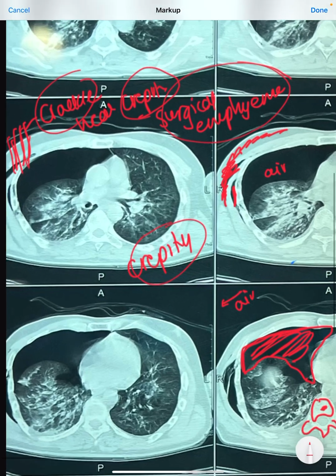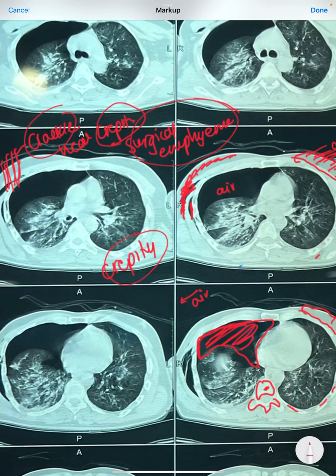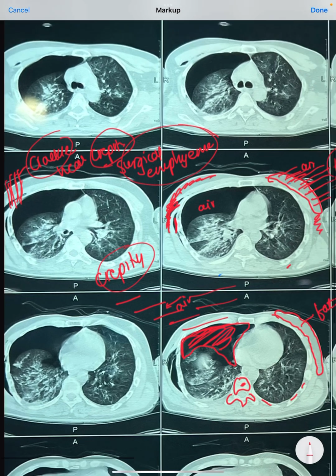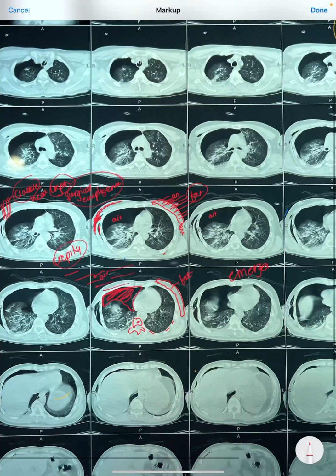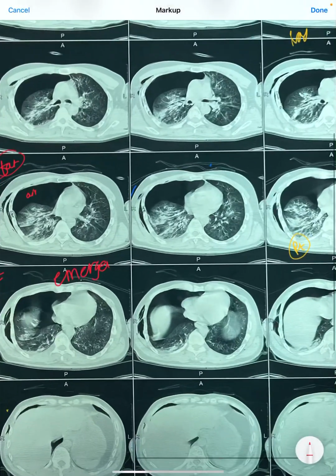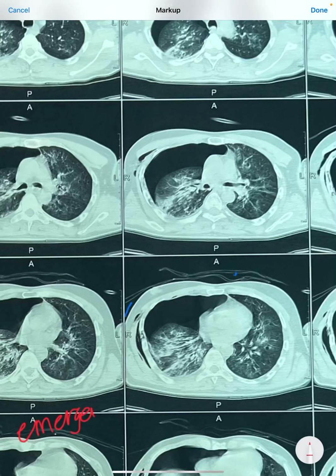So if the patient has tension pneumothorax, then definitely this surgical emphysema has to be relieved by giving multiple horizontal cuts, and we have to remove the air trapped inside the subcutaneous tissue, but that is applicable only in tension pneumothorax. If the patient does not have tension pneumothorax, it can be managed completely conservatively. So this is a very interesting case of a road traffic accident